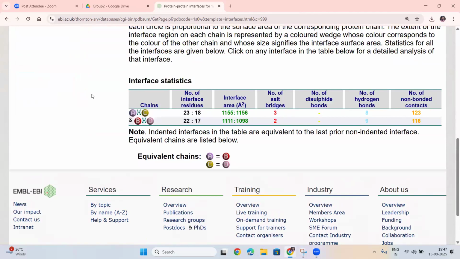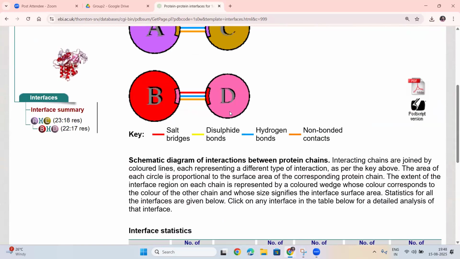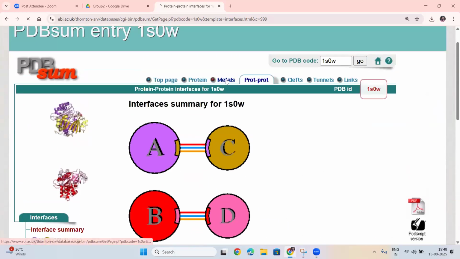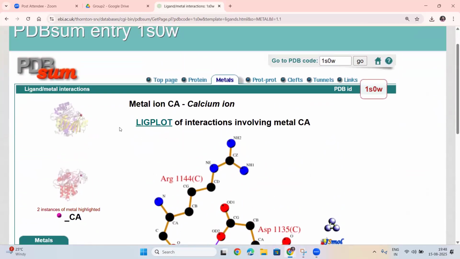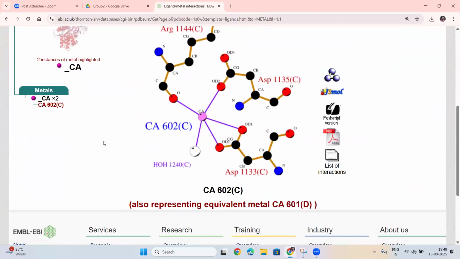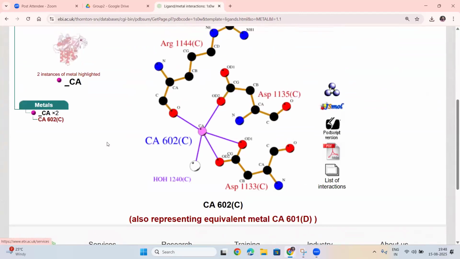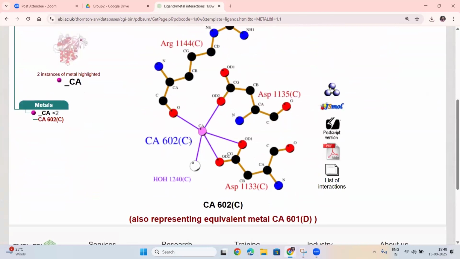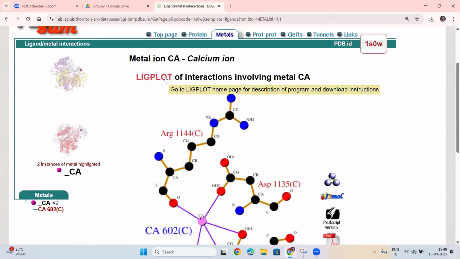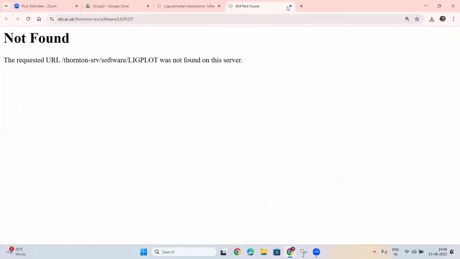Yes, sir. Since our thing is an intracellular protein, it will go and bind with the RNA polymerase directly. At least if it is outside, we will look for other parameters. Here, again, if you are looking for ions, they are showing LigPlot. They are asking you to go for LigPlot. They have calcium with them, so they are diverting themselves to LigPlot. So try to install LigPlot and check.